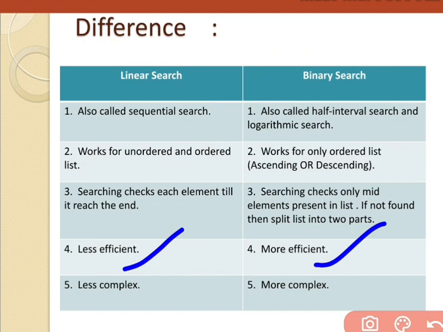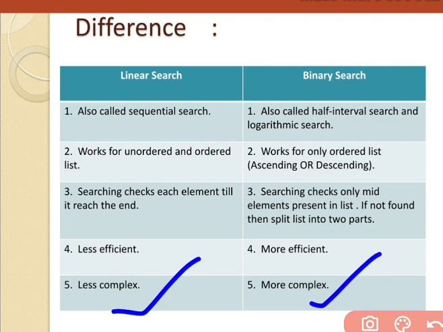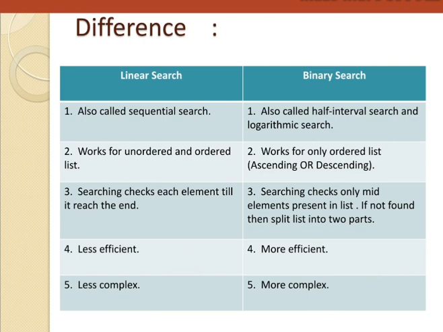But one thing you have seen: less complex means easily accessible. Its complexity is less, meaning we can understand it in an easy way and explain it in an easy way. But this one is complex. You have seen that dry run also, it is complex, and the logic is also complex. That's why both have this one difference. I think you are able to understand.